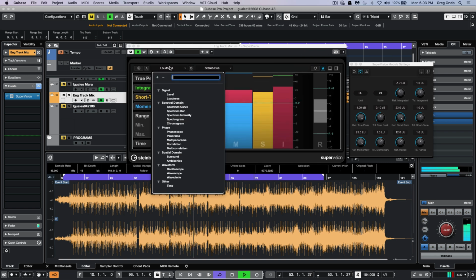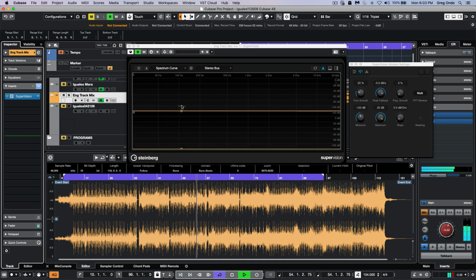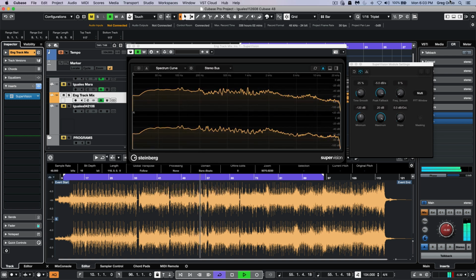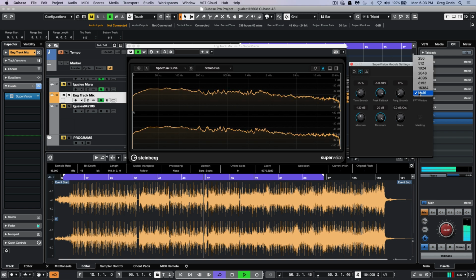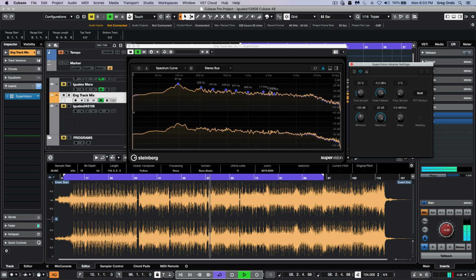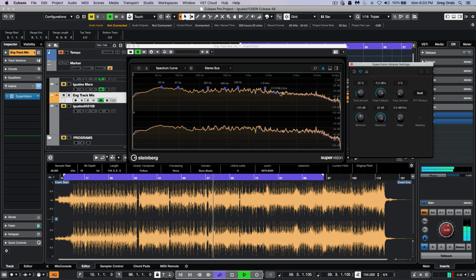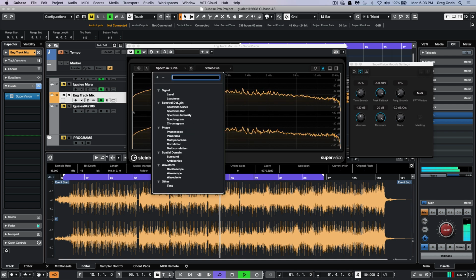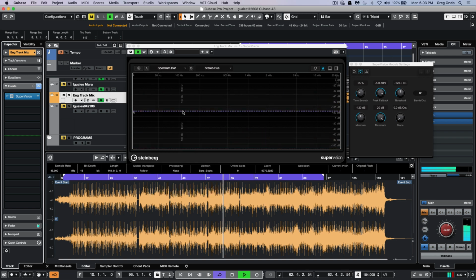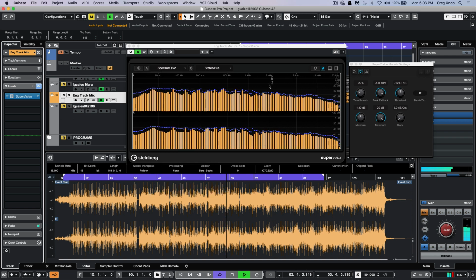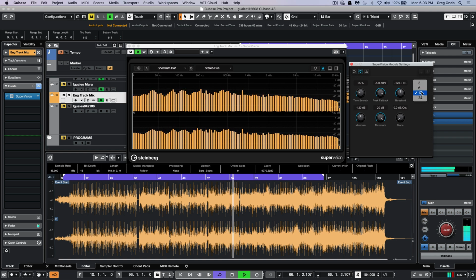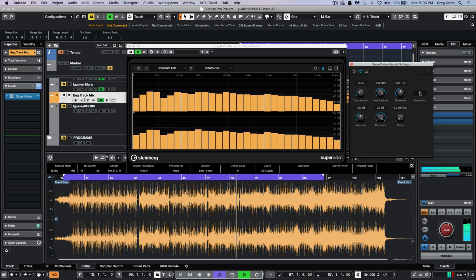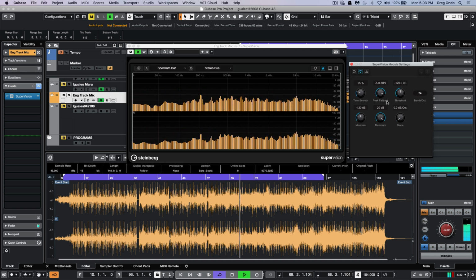Let's go ahead and look at a spectrum. So we'll start with our spectrum curve. And here we could choose different points. And as we hover over, we could see which frequencies are peaking very easily. We could do the same for our spectrum bar. So as I hover, we could see the frequency indicated. But if I wanted to change to 3 bands per octave or up to 24 bands per octave,